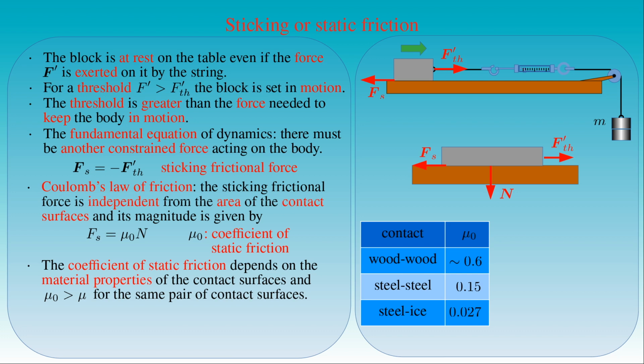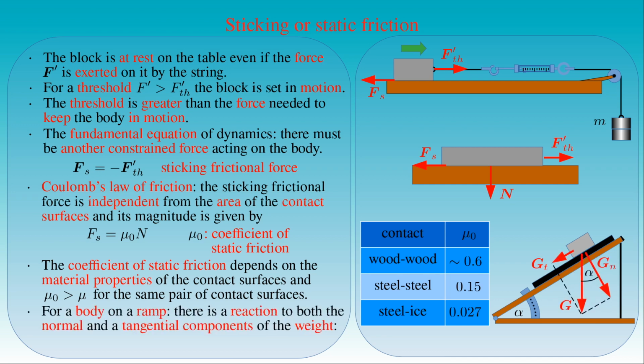We can also study sticking friction between different materials on a ramp. If we mount a surface made of a given material to the inclined plane of a ramp and place a block with the mass m on the surface, then the weight G of the block can be decomposed to its normal and tangential components with respect to the inclination plane with the angle alpha. Due to the sticking frictional force,